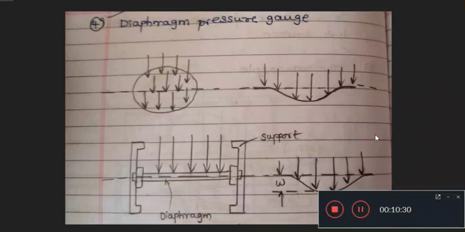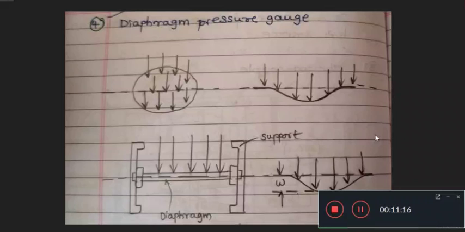The pressure is measured by an instrument known as the pressure gauge. There are many types of pressure gauges used to measure the pressure, and for our syllabus we have only one type of pressure gauge, known as the diaphragm pressure gauge. The diaphragm pressure gauge consists of a diaphragm, which is a membrane made up of different materials held together all around by some clamping device, making a membrane at the center itself.